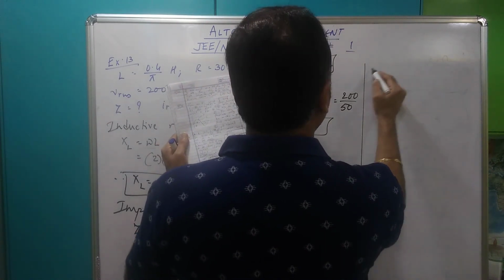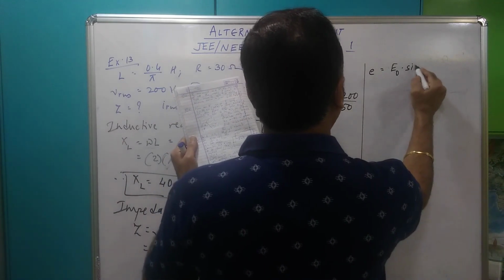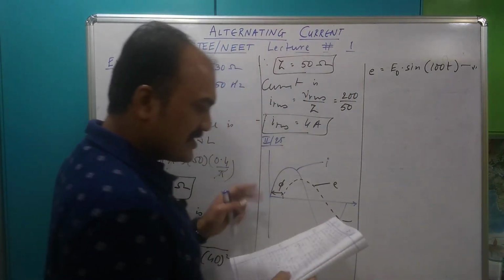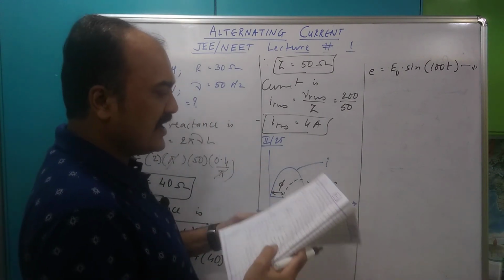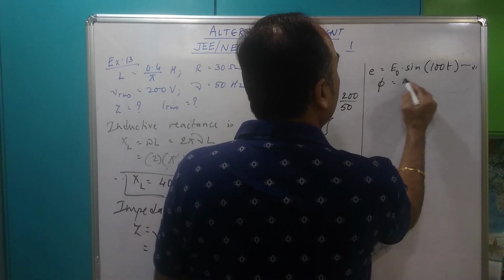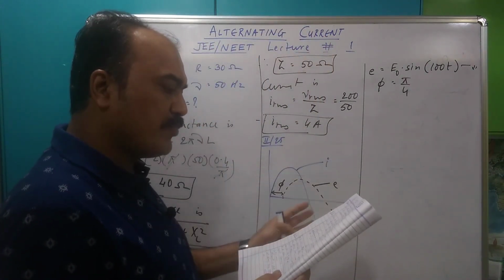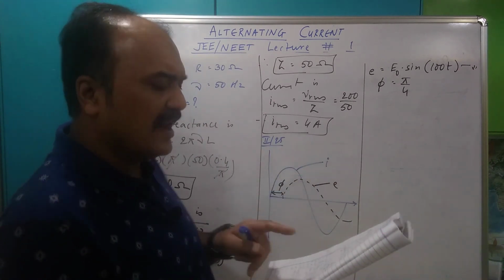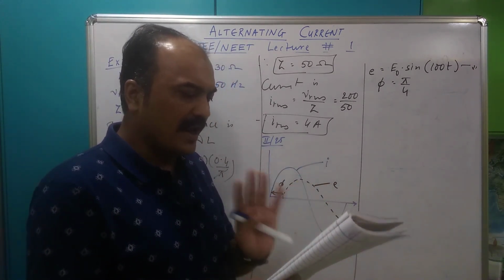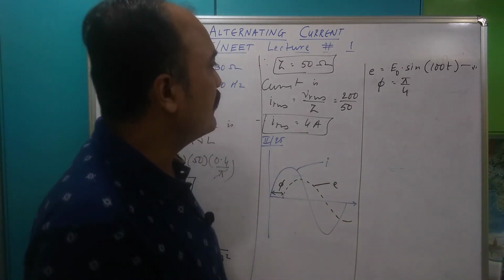AC source of EMF E is E0, they are not telling us anything, 100t. Okay, this is my equation. It is connected across a circuit. The phase difference between EMF and current is observed to be pi by 4. So they're telling me phi is pi by 4. If the circuit consists possibly only of RC or RL, that is a mistake. Huh? RC or RL, nothing else is written. In series, find the relationship between the two elements.